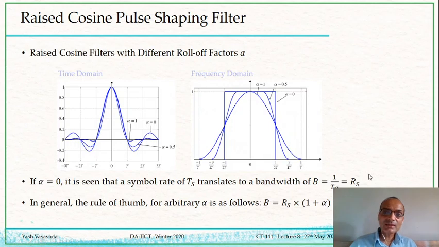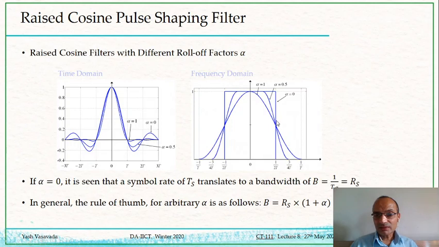If you are transmitting a symbol sequence at the rate of 100 megasymbols per second, the bandwidth required for you to be able to transmit those 100 megasymbols per second will be exactly 100 megahertz. So that way we have achieved a very tight occupancy in the frequency domain.